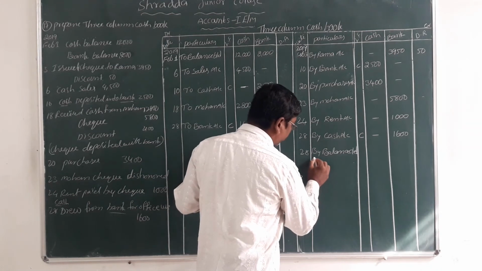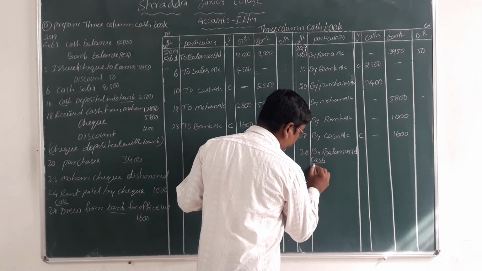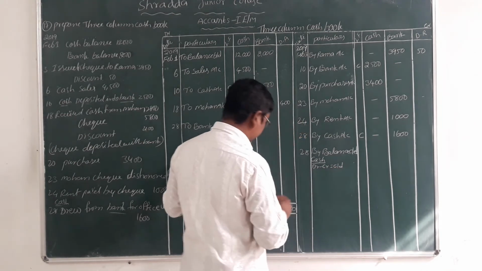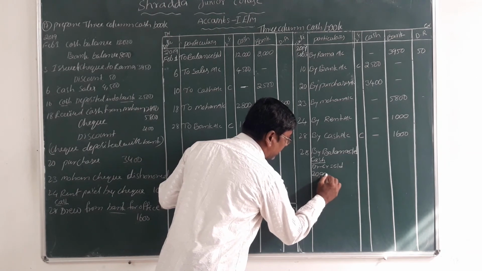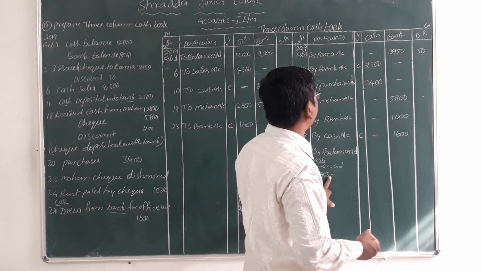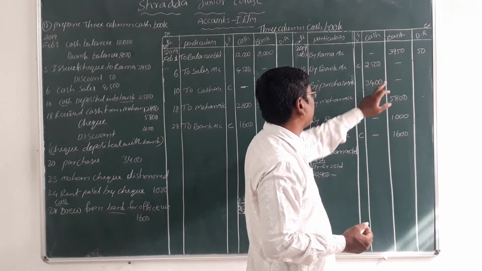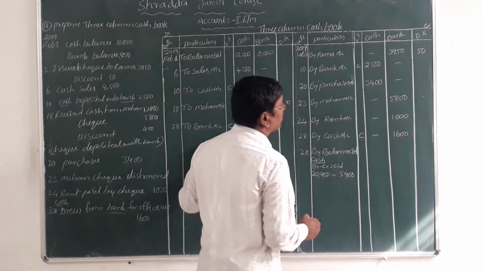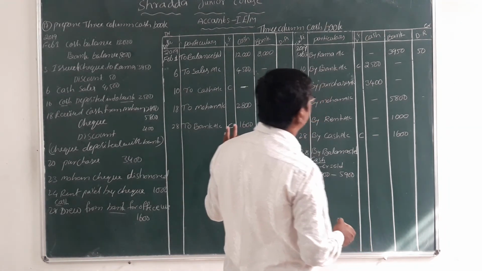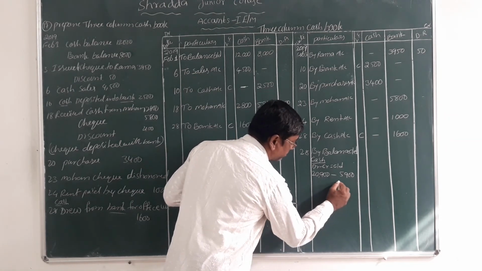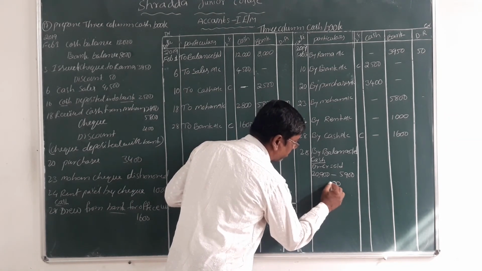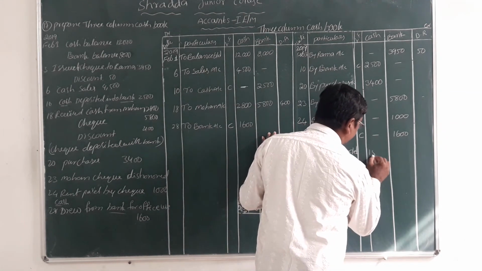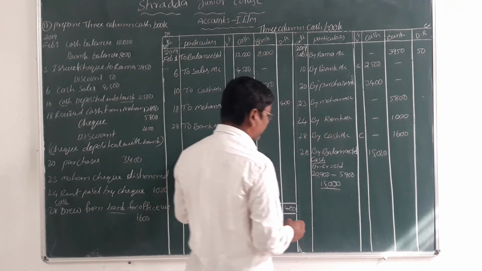So first of all, take cash. Debit minus credit equals carried on. What is the amount? 20,900 rupees minus the credit of bank. 2,500 and 3,400, how much? 5,900. 2 plus 3 is 5, 4 plus 5 is 9. That is equal to 0, 0, 9 minus 9 is 0, 20 minus 5 is 15. What is the amount of cash balance carried on? 15,000 rupees.